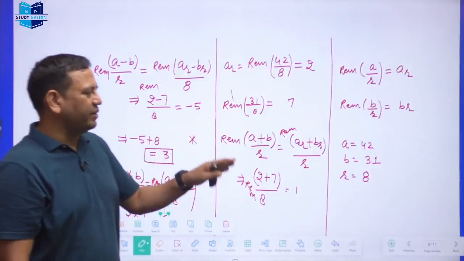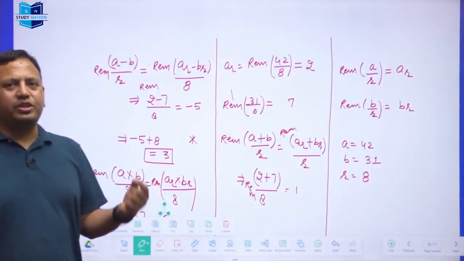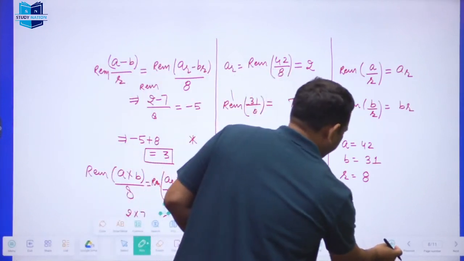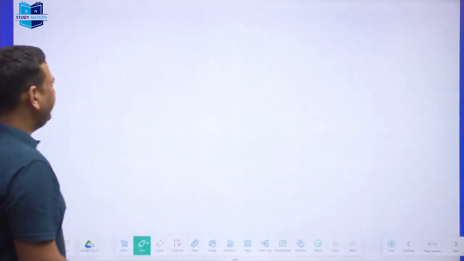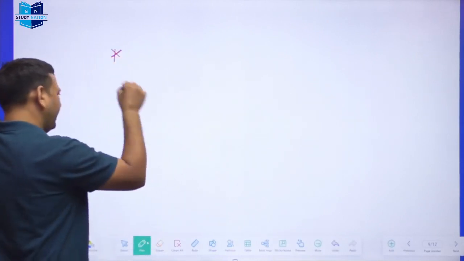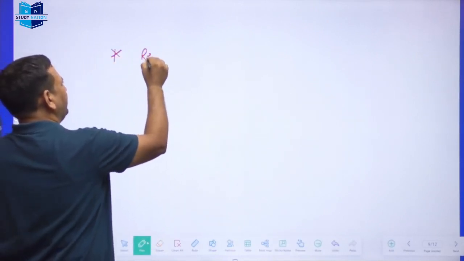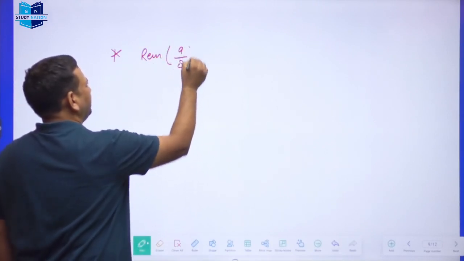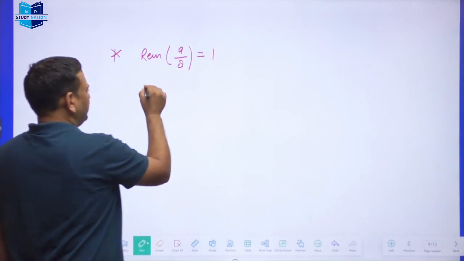So whenever we are going to solve the question based on the remainder, we will work only on the remainder. Okay. So let's see. Now the same funda if applied somewhere else. So what is the meaning of that? Let's see. If somebody asks you the remainder of 9 divided by 8, what are we going to get? 1. So remainder